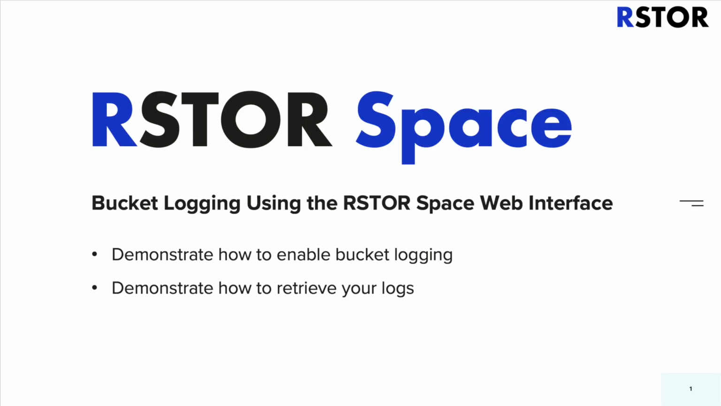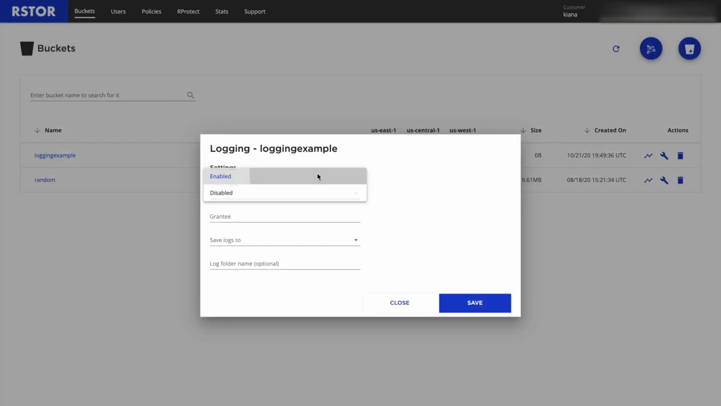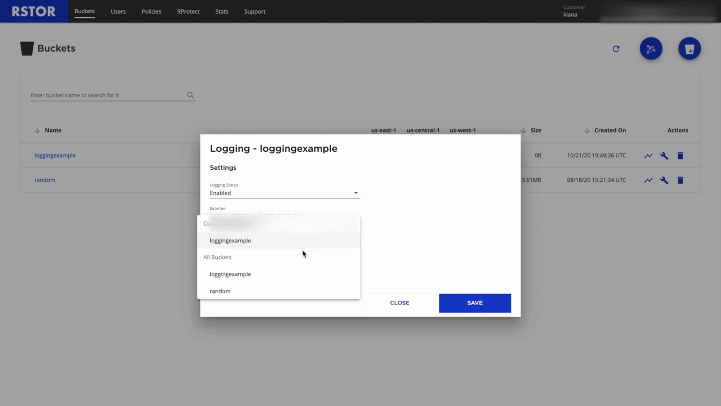Hello, in this video I'm going to be showing you how to access and enable logging for buckets in the web interface. To do this, we are going to press the Settings button on the bucket that we want to enable logging. Then, make sure to enable logging as a setting and choose the grantee key, the bucket in which